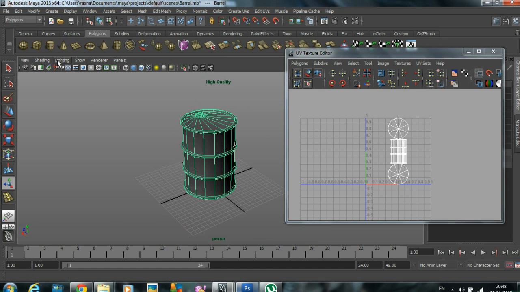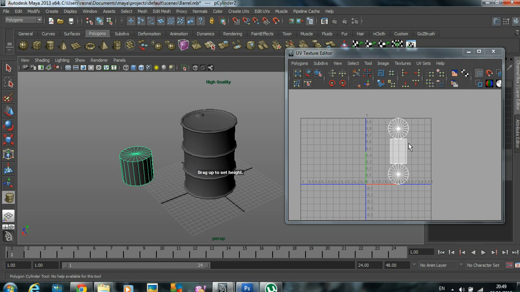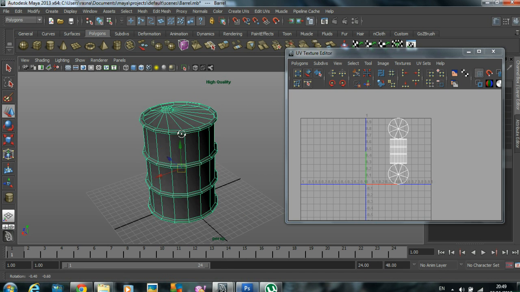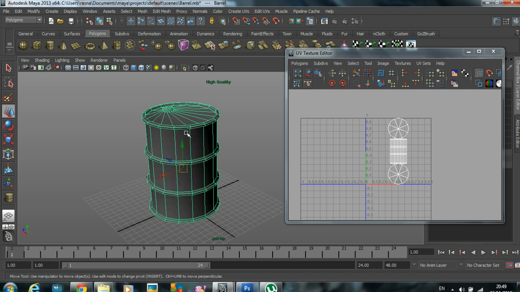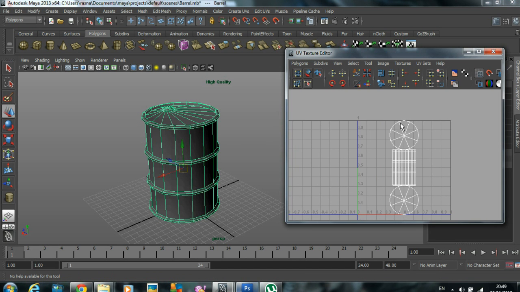I told you in the previous session on the crate that the default objects like cylinder, sphere or cube are already unwrapped. But whereas this is a default cylinder object, we still added a lot of details to it, so we are missing a lot of information. So the best way is first